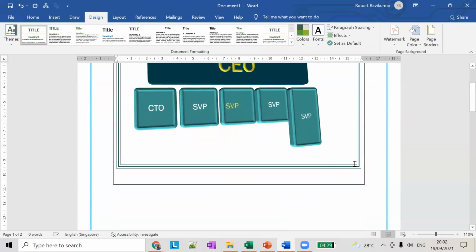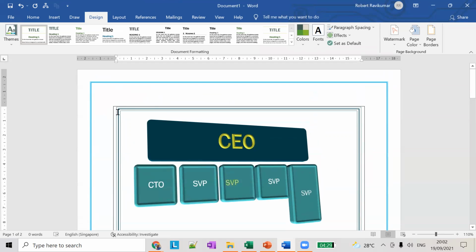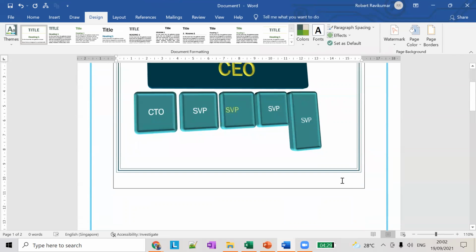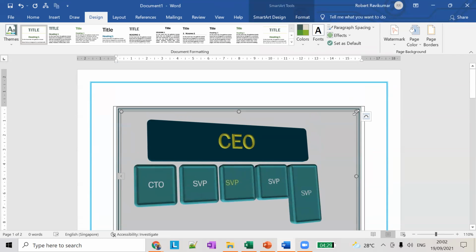See, now you can see the border on the text, right? Whatever border we chose is appearing here.